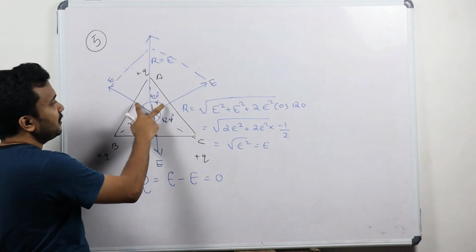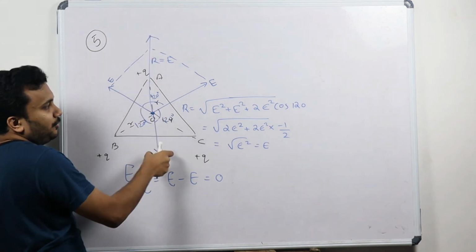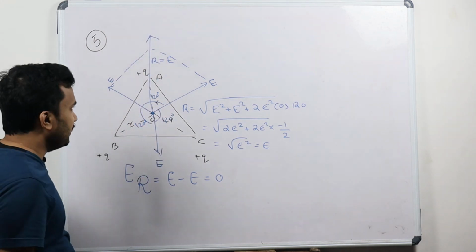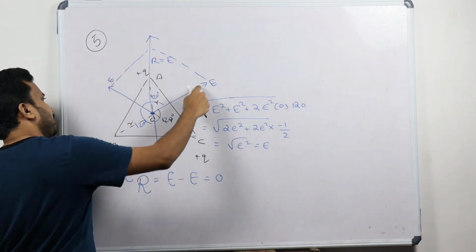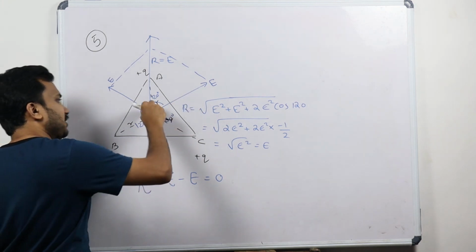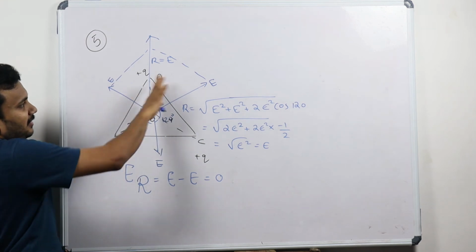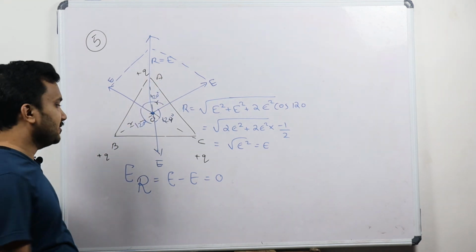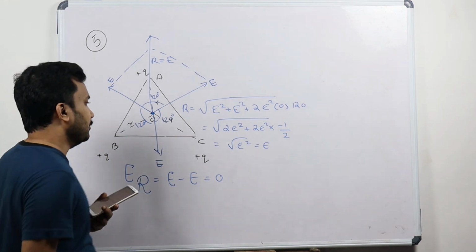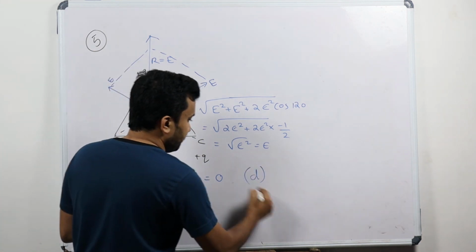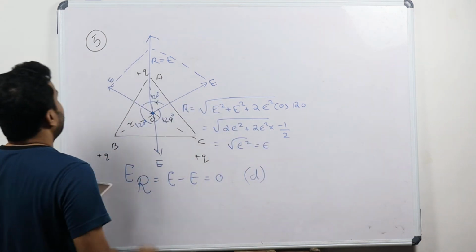So we find the resultant of these two. This is acting like this and already one will be there. Here I don't want to find the resultant. This is one way. If some student takes this as one vector, then you have to find the resultant between these two. In that case also this field will be like this. So any two you can consider, leave the other one out, and find the resultant. So the total electric field intensity at that point will be equal to 0. This matches your option D. Option D is the right answer for question number 5.